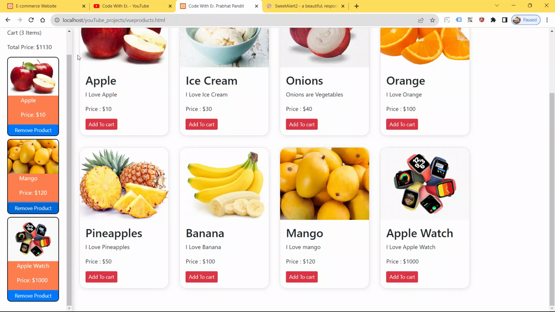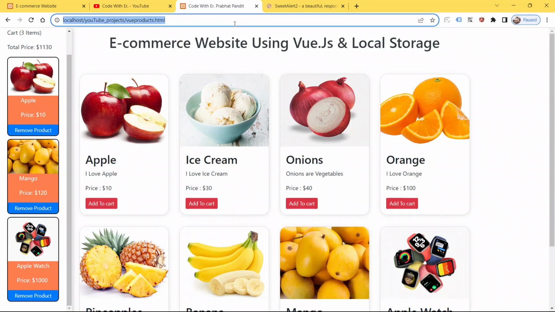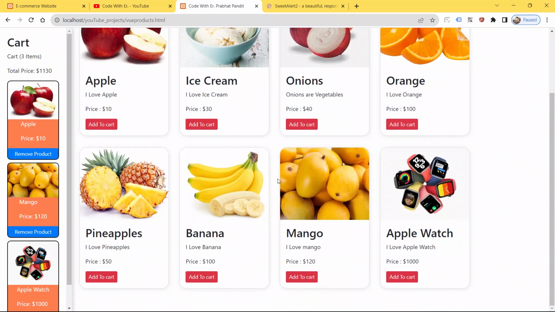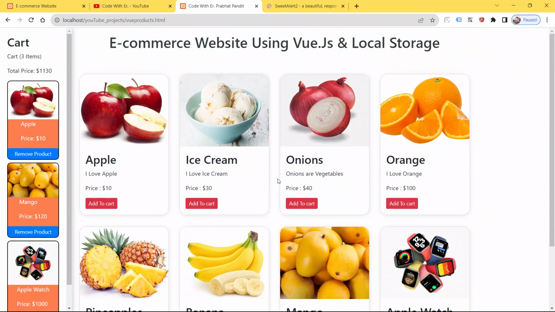So now we have got the 3 items. So just refresh the page and let's see the output. Okay, so guys, now our code is working fully functional and fully dynamic. Okay, so guys, I think we have come to the end of this session. We have come to the end of this tutorial now.